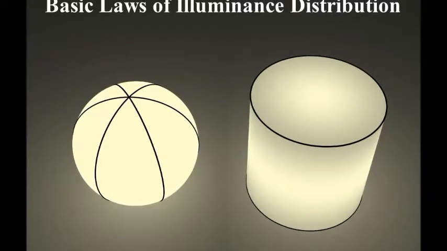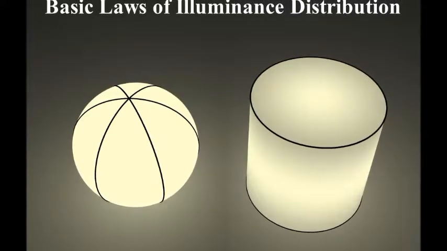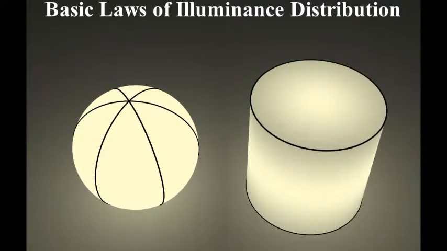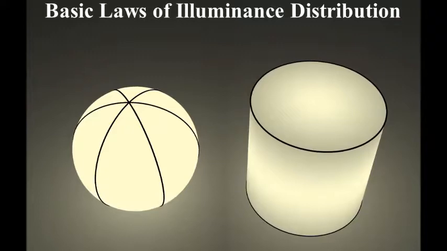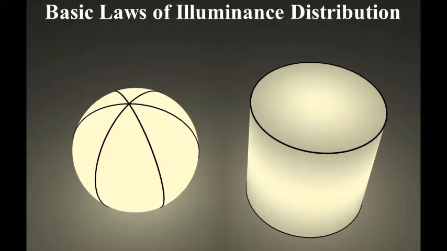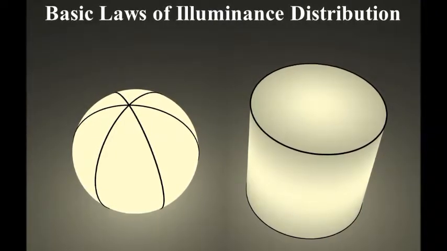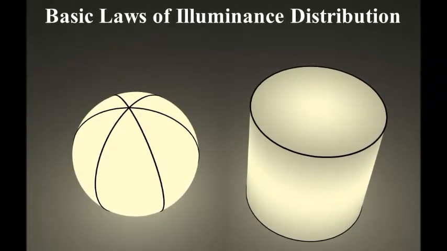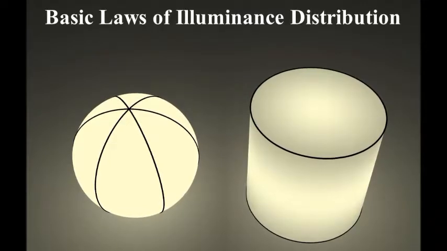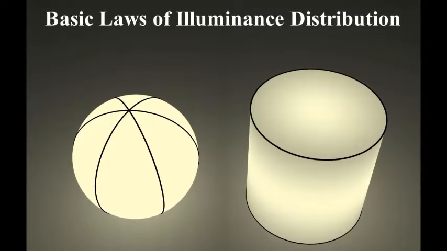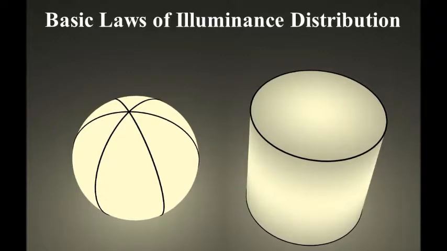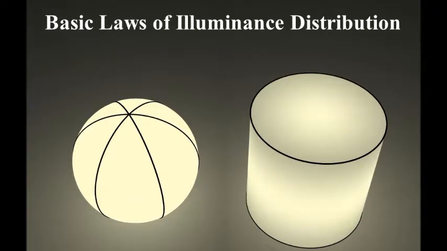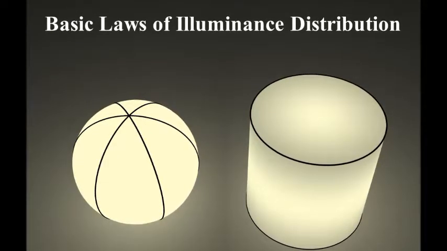Then, what should we do to help recognition of the shape of a lampshade? Illuminance distribution is decided by directional luminous intensity, shape, and distribution of reflectance or transmittance. If we can add texture on the surface of the lampshade by shape or transmittance distribution, then shape recognition becomes easier.